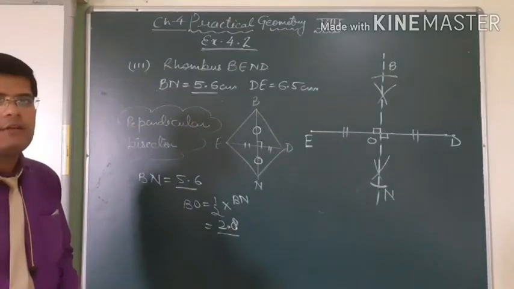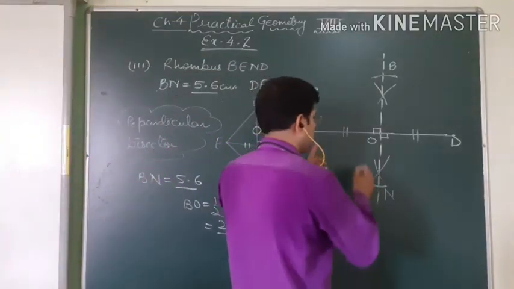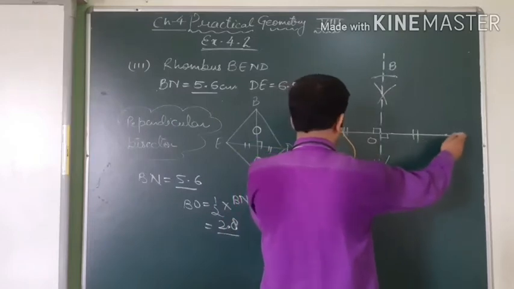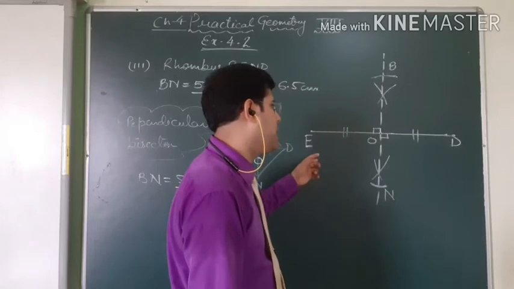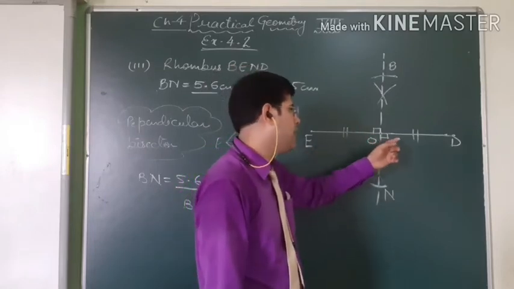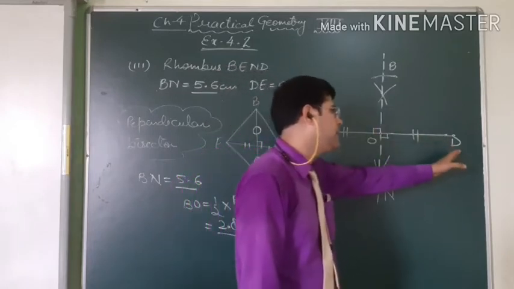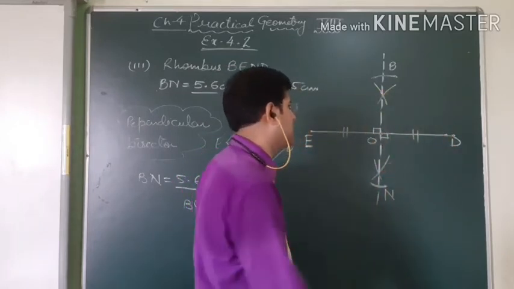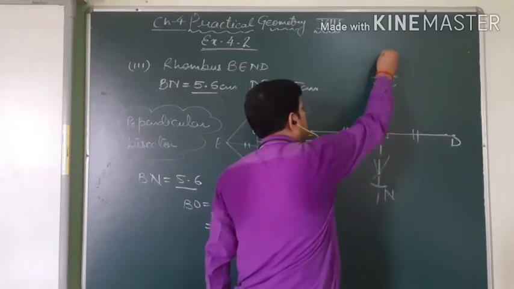Okay, what I have done, I want to repeat all the things once again. Firstly, we take a line segment ED. Through point E, taking E as center, make an arc more than half in the upward direction and downward direction. Change the point to D and make that arc. Both intersect at two distinct points. Okay, join these distinct points with a line.